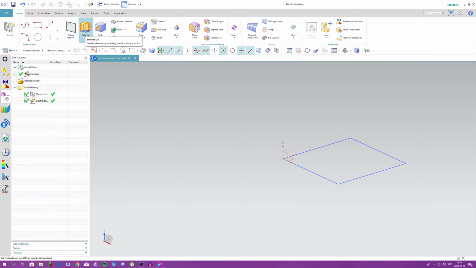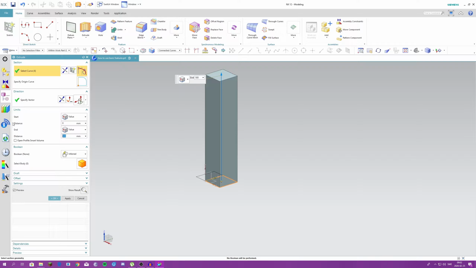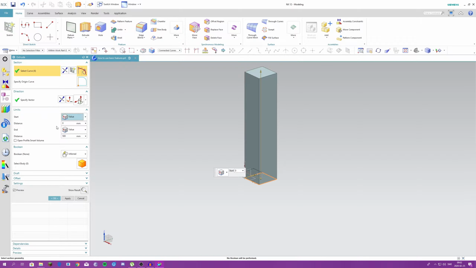So Extrude is very easy. We need to select curve, and we want to select the square that we made. So we selected it, and as you can see, we have a start distance and an end distance. If we have this set to value, we can choose where it starts. What that means is that it will start from 0 millimeters from the sketch. And if we put it at, let's say 50, it will start 50 millimeters from the sketch,